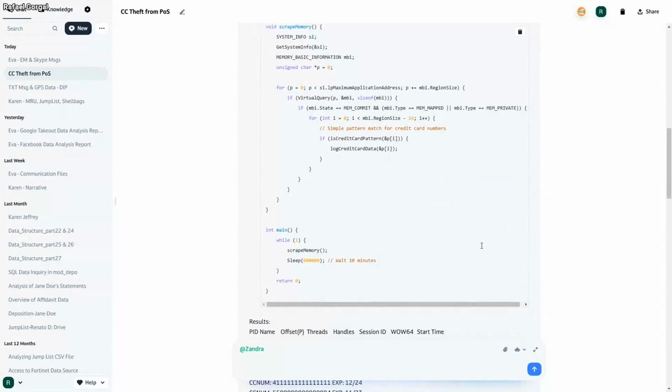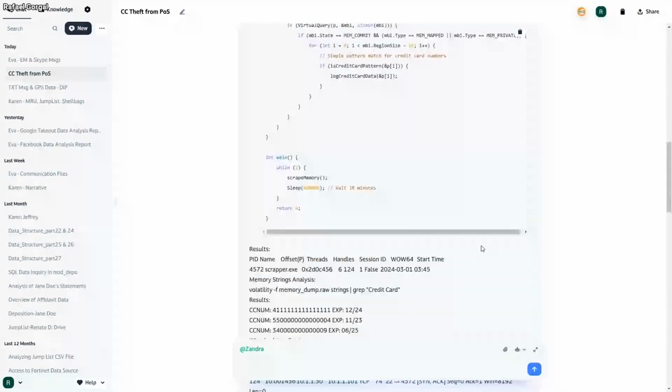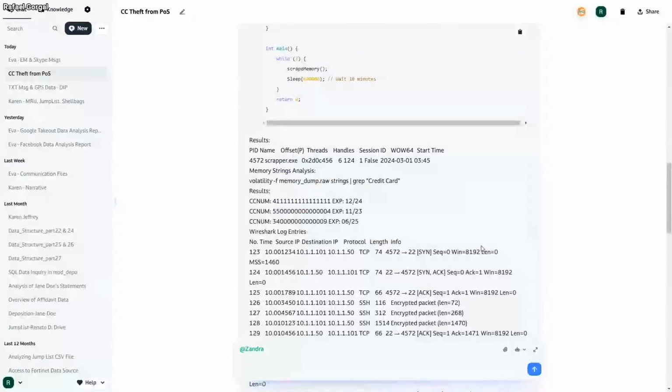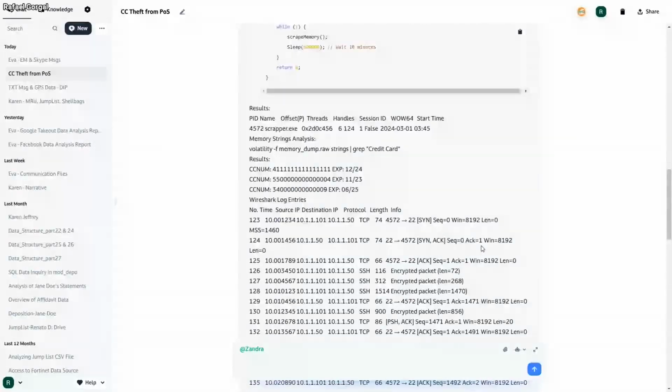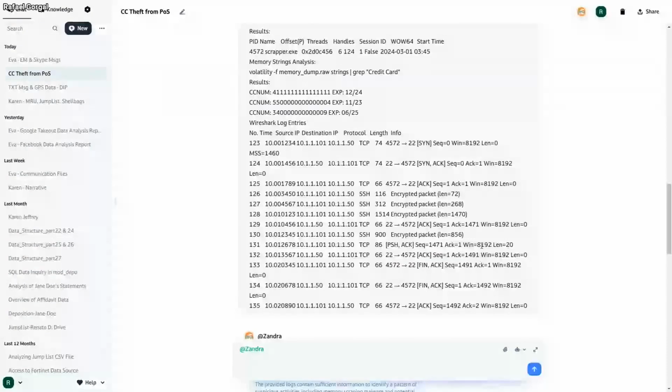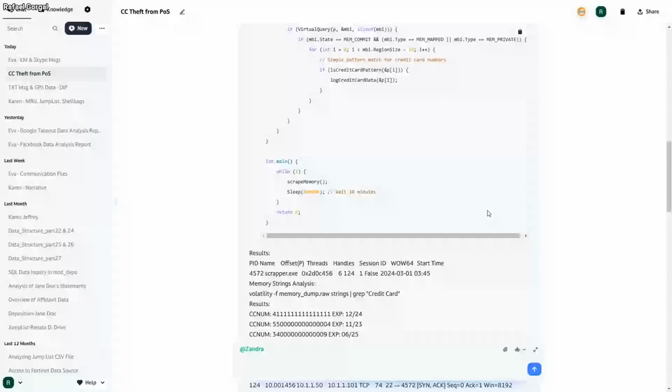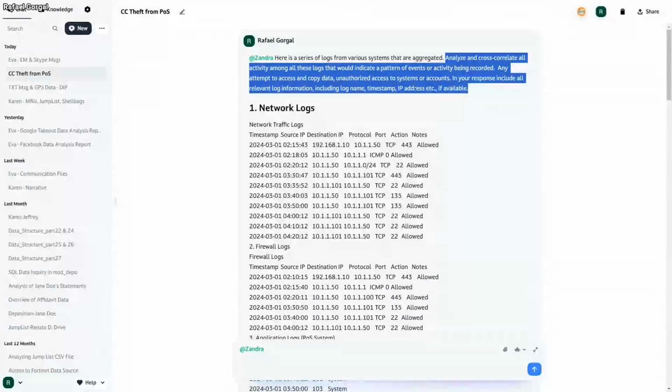Live memory was captured, so we have a memory dump. We then dump all that data out, feed it into the AI, and simply give it a command of analyze and cross-correlate all the activity and all these logs for anyone who's trying to access, copy data, get into other systems, etc.